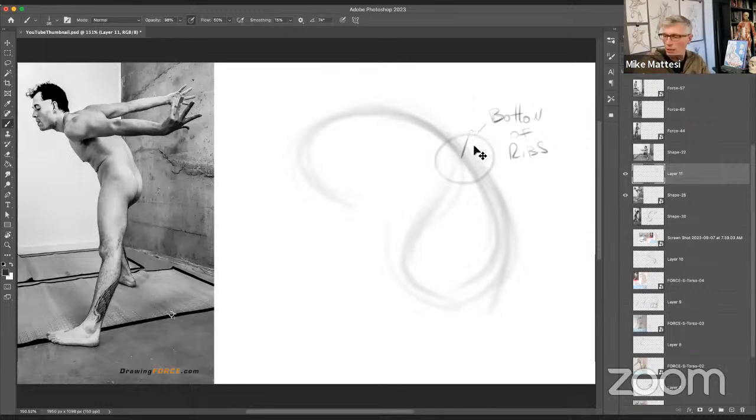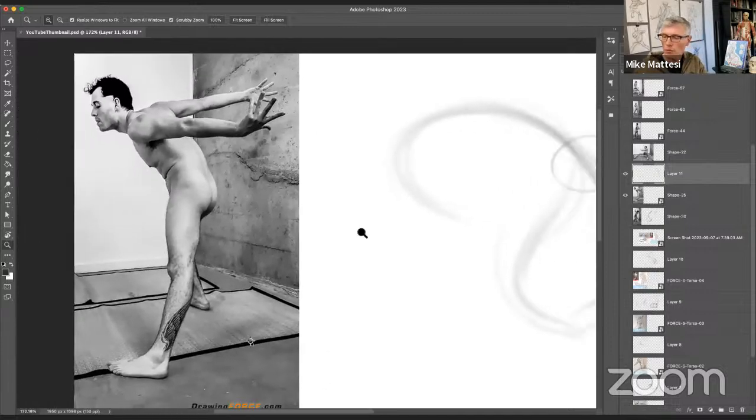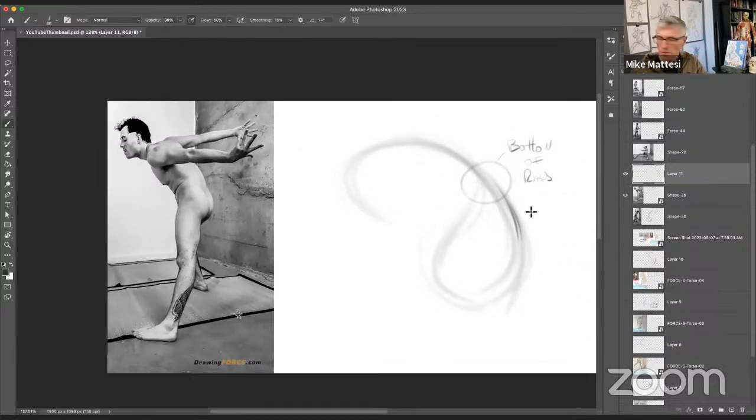So I start looking around, right? I'm standing there figuring out where do I go in this crossroad, and I look at his lower back, right? I start looking down here and I'm like, his lower back here is pulled into the effort of what's going on. You'll see it's curved like this, right? Look at the photo. See right there? Like that is pulled into the curvature of the rest of the back. So guess what? That's a C torso. That is not an S, right? This is like this. And he's not turning, rotating. He's not giving me enough torque in any way for me to even substantiate an S in this pose at all, right? So he's like this.